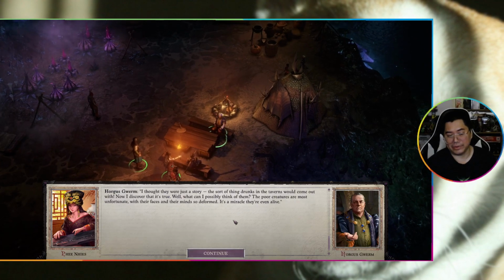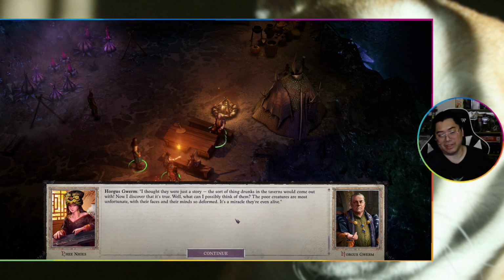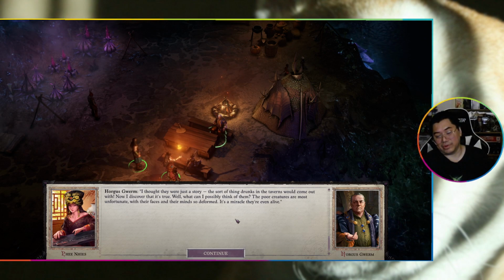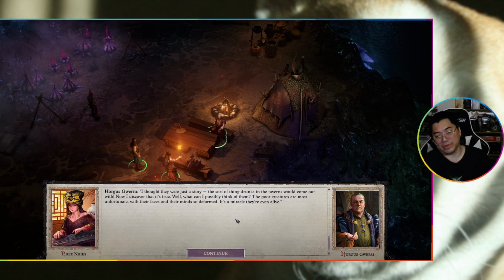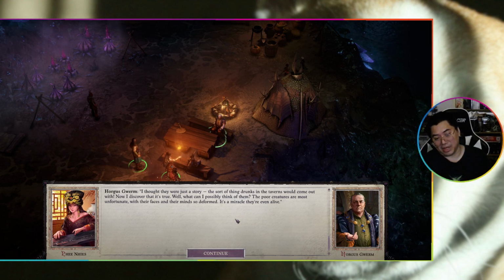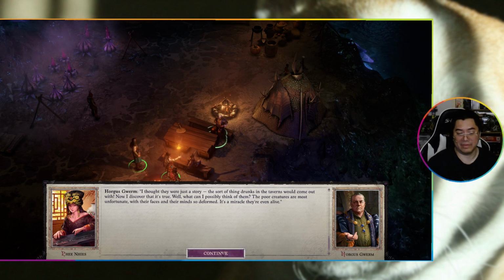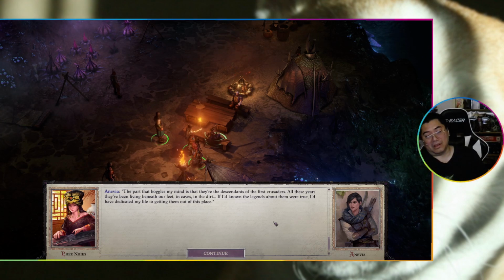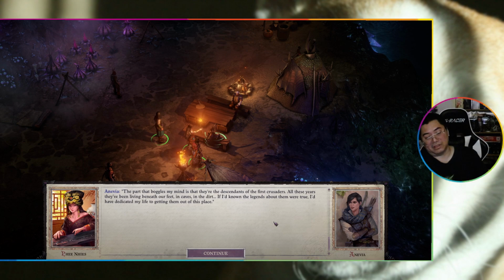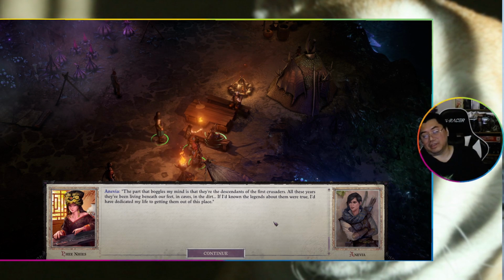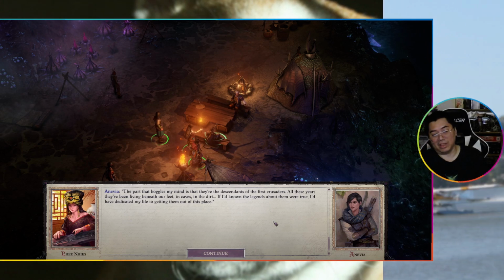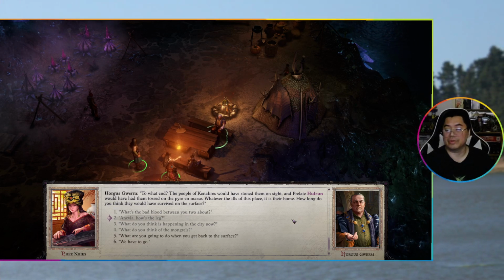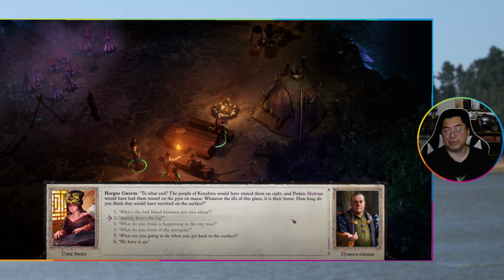What do you think of the mongrels? I thought they were just a story, the sort of thing drunks in the taverns would come out with. Now I discover that it's true. Well, what can I possibly think of them? The poor creatures are most unfortunate, with their faces and minds so deformed. It's a miracle they're even alive. The part that boggles my mind is that they're the descendants of the first Crusaders. All these years they've been living beneath our feet, in caves, in the dirt. If I'd known the legends about them were true, I'd have dedicated my life to getting them out of this place. To what end? The people of Canabras would have stoned them on sight, and Prelate Halloran